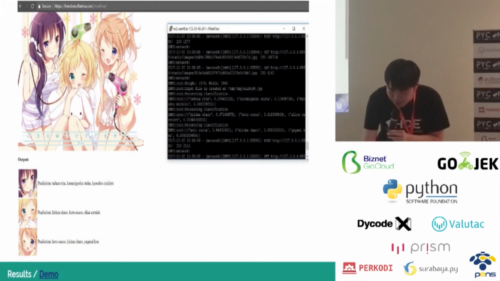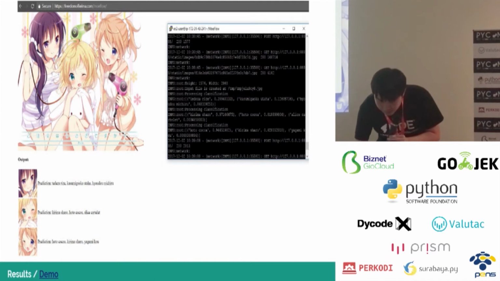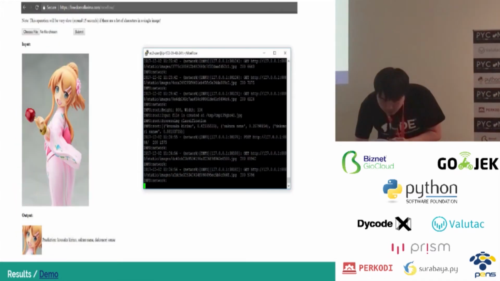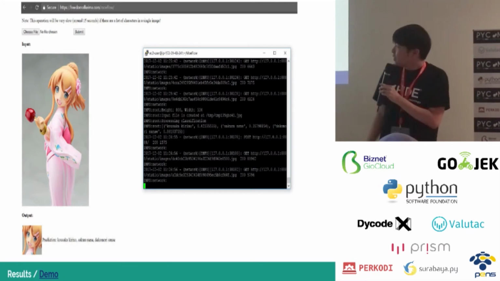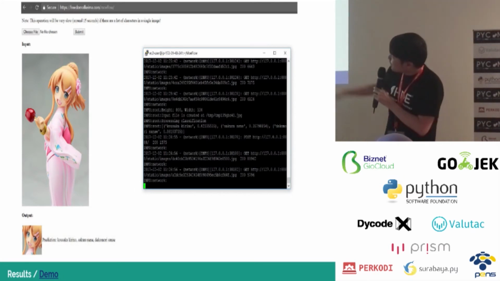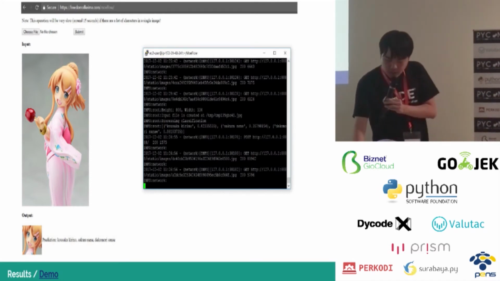I upload the image, and it gives me the predictions for each character face detected from the image. I also tried to detect anime characters from a photo. It still gives the correct answer, albeit the confidence is a bit low. It's only about 0.32.